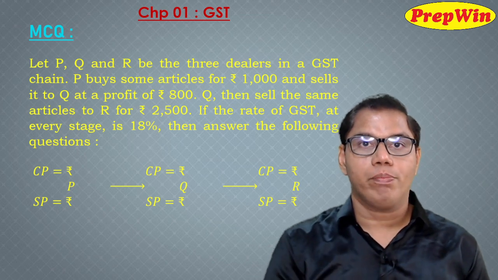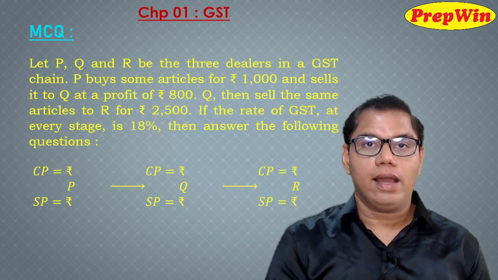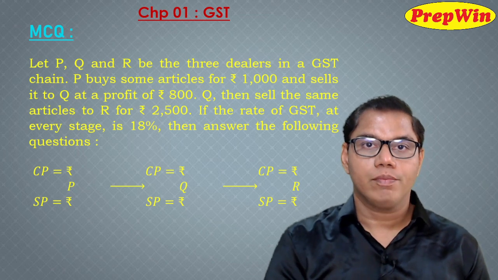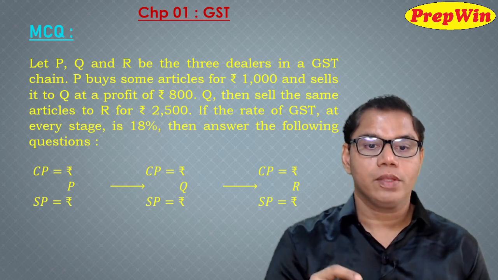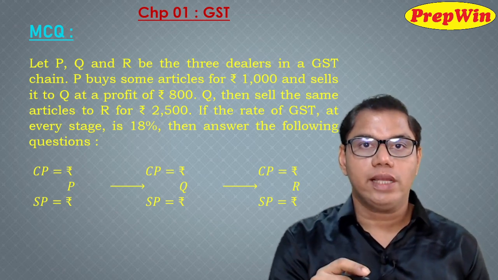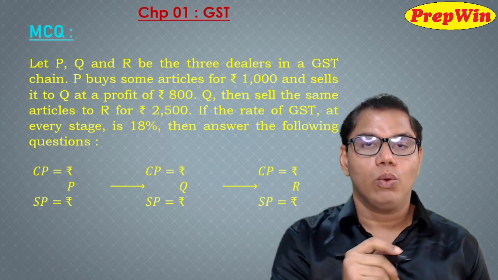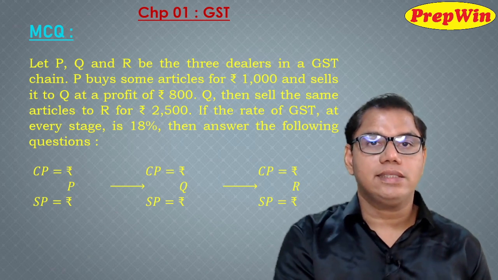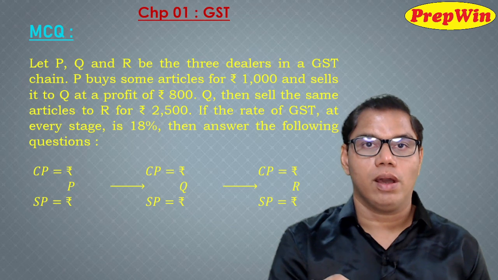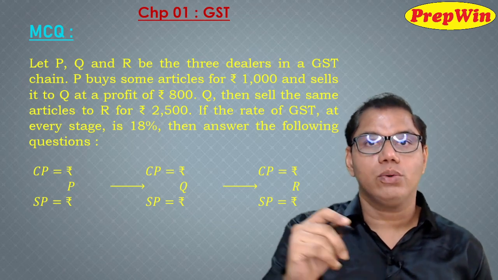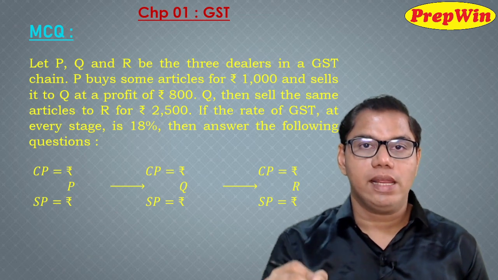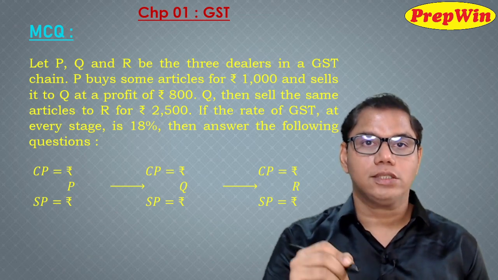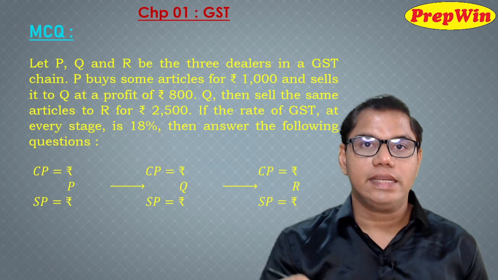Now this is a very important type of question, and again this question also has all the merits to find a place in a question paper, and it is going to be a very important sum. So whenever you have a question in which a chain is involved, where one person is selling an article to another one who in turn is selling it to a third one, in this question we have to be very clear in our mind what is the cost price and the selling price at each level.